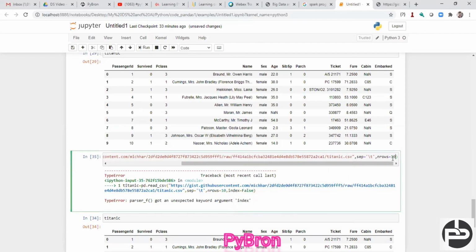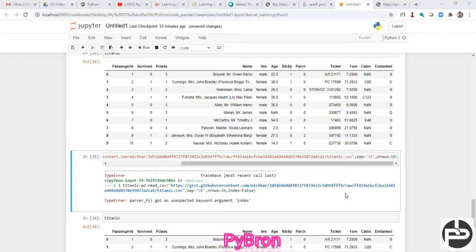So okay, we'll see what we can do. Here I'm going to show you read_csv, and here comma index. Maybe there is just some issue with this index argument. Let's see what is the other parameter we are supposed to pass in place of index.